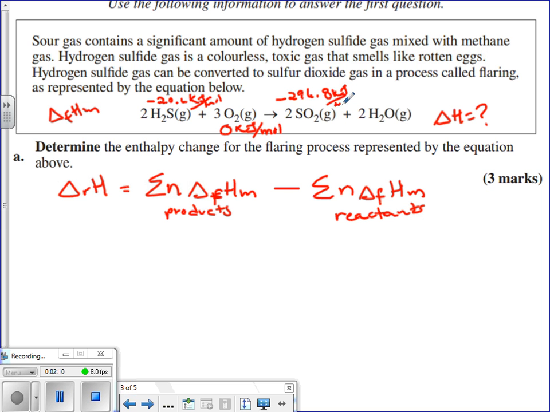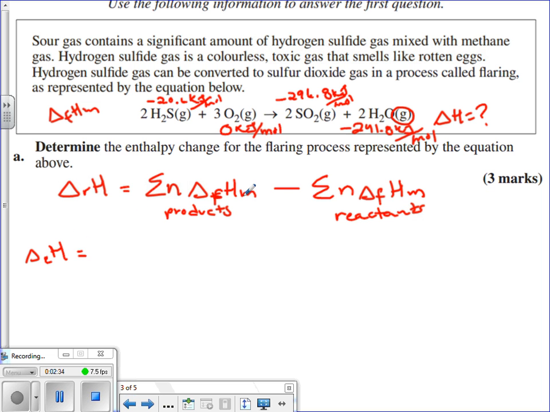kilojoules per mole. And then the last one, water. There's two values for water because it's a gas. We use the value for water vapor, which is negative 241.8 kilojoules per mole. Now all we have to do is sub this all in. So start by taking the sum